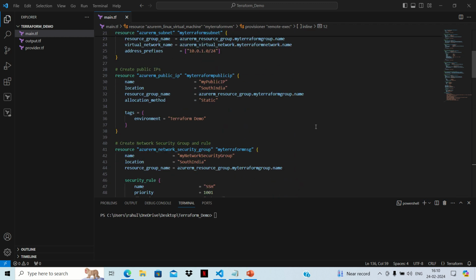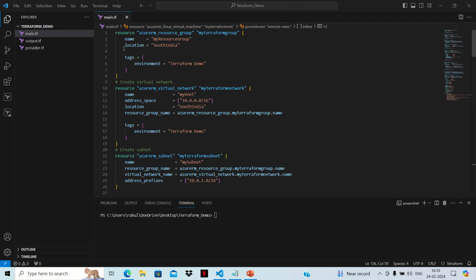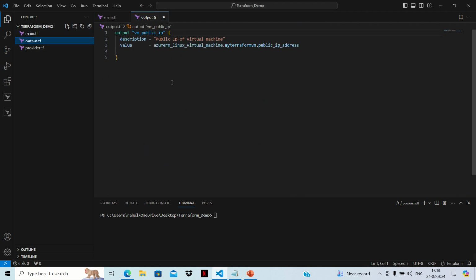This is the same code, so I can keep it here in the main.tf file, and in the output.tf file I'm just taking the output of the virtual machine's public IP address, because we'll use this IP to log in to the machine and see whether the machine that has been created on cloud is accessible using this IP address or not. The third configuration file is provider.tf, which I'm not going to show